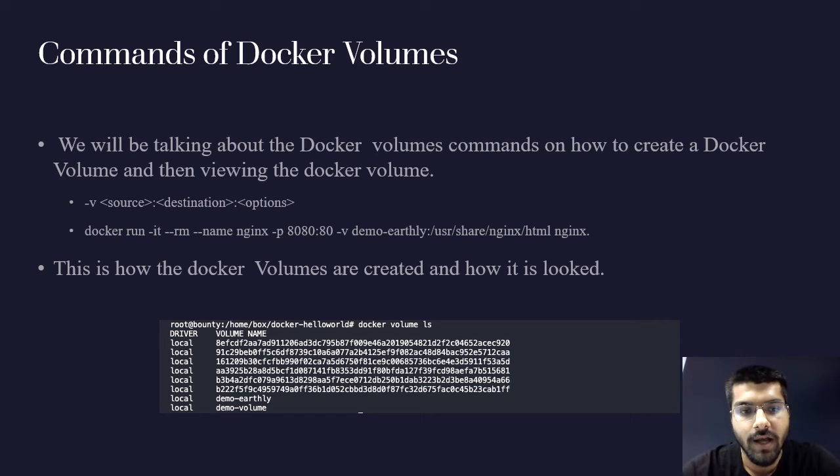So to connect with it, there are some of the commands that Docker volumes use, like -v source destination options, docker run time, and all these are the commands for Docker volumes to be created and worked upon. So this is how it looks. Here we created the Docker volume. Over here we can give the volume name, and these are local, which shows that it's on a particular system of that particular window, or maybe we can say the PPT presentation. Okay,